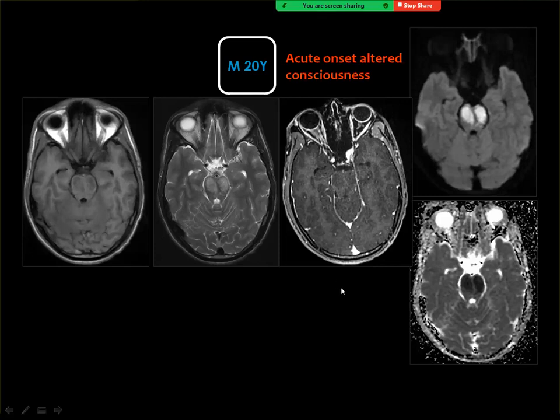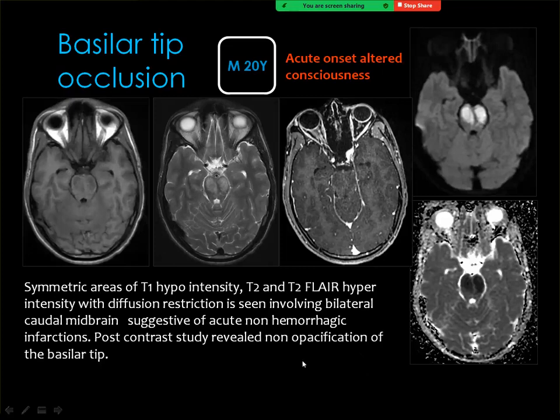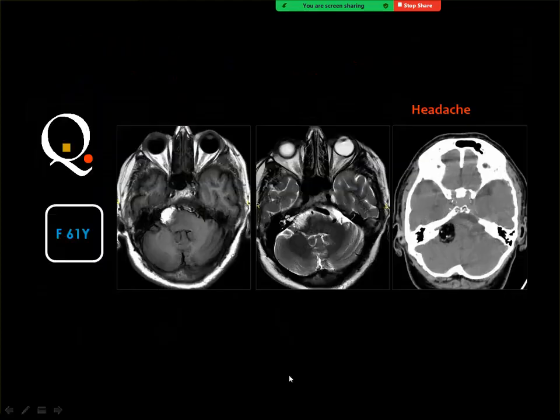And I said previously that occlusion of the basilar artery is incompatible with life, but this is not right, since occlusion of the basilar artery can result in bilateral brainstem infarctions, and it can sometimes be managed by interventional